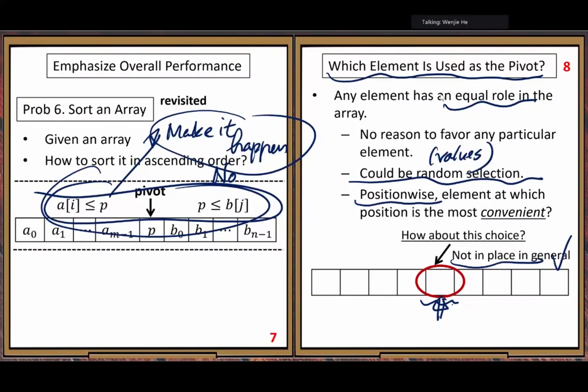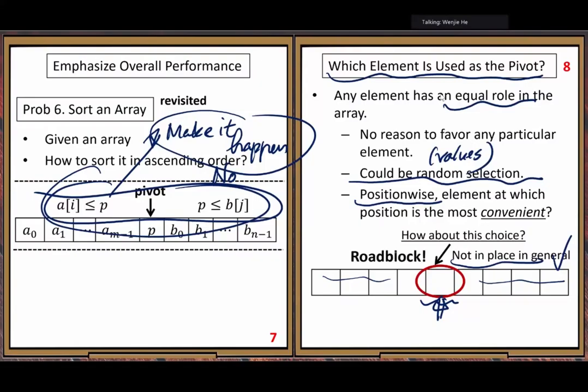Other than moving this element, you also need to consider how to move other elements in other parts of the array. You need to consider how much work you need to do to move elements around.